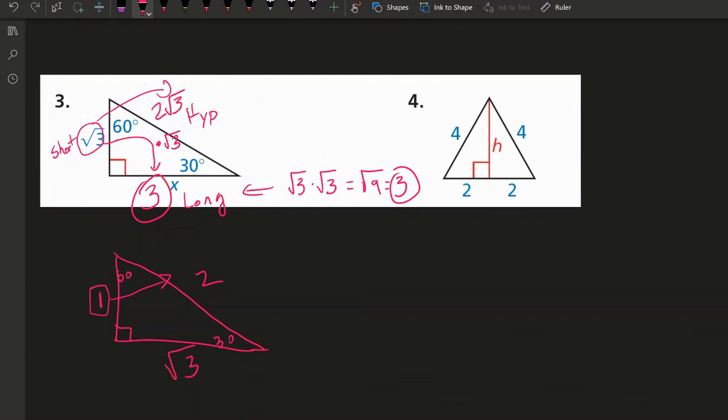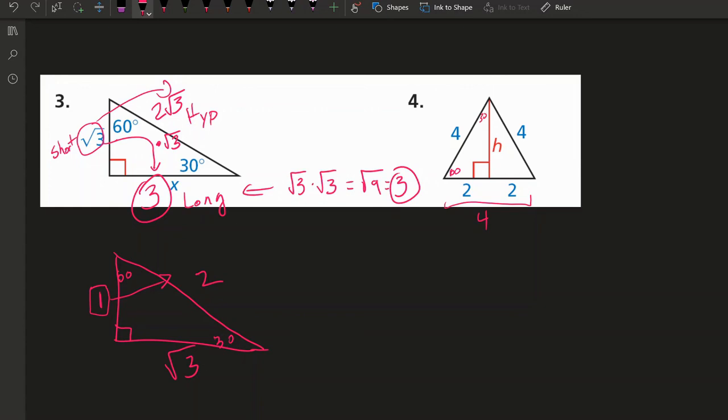Now, on this other side, it didn't actually tell me that this is a 30, 60, 90 triangle, but what I do see is that each of the sides here is 4. I've got 4, 4, and then this piece altogether is 4, which means it's an equilateral triangle that just got cut in half. So that means this is 60 degrees and this is 30, so I can use my 30,